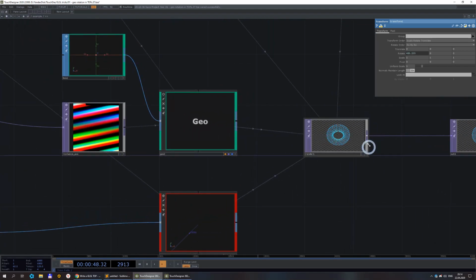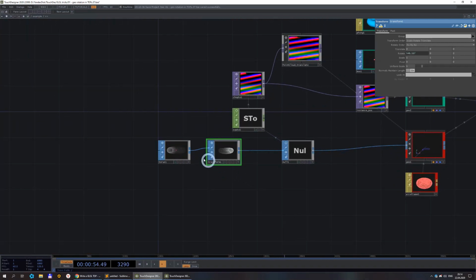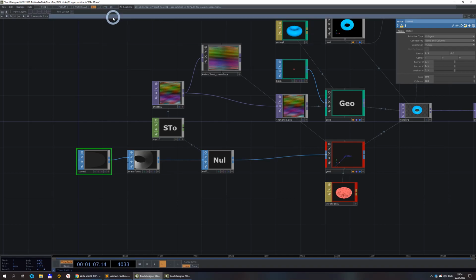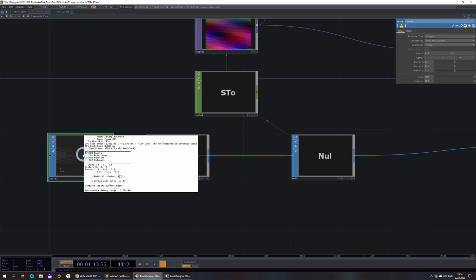And it seems that everything works fine. We have some FPS drop, but not so much. But that's mostly because our torus right now is pretty simple. Let's increase the number of rows and columns. And now here we have a significant FPS drop down to 20. And this is still relatively simple geometry. It's a little above